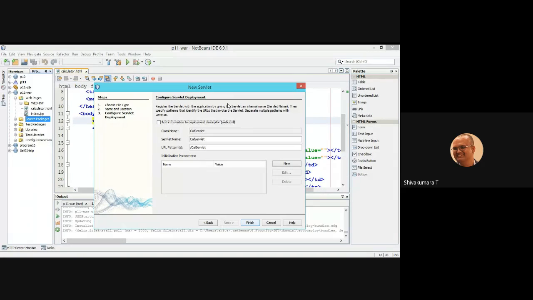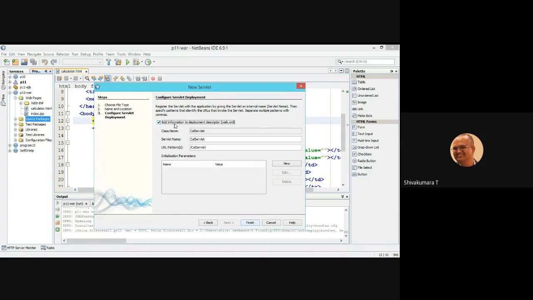When you used Apache Tomcat on my screen, this checkbox was not visible, which means by default it adds web.xml. Now it is visible. This is very important.